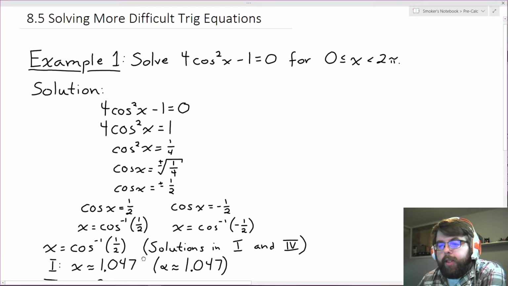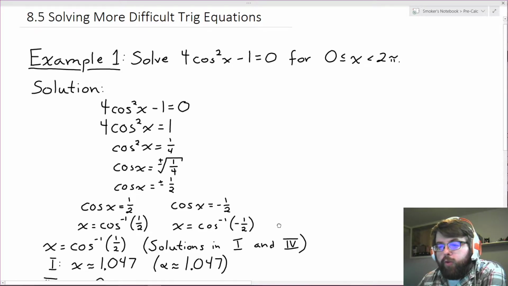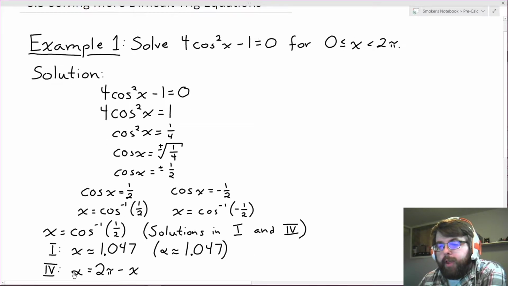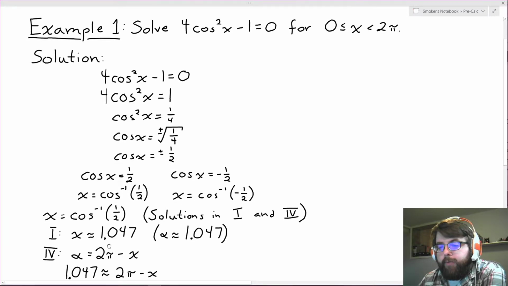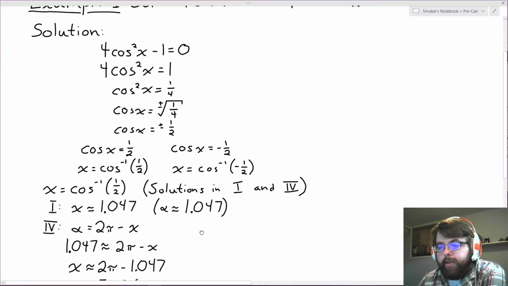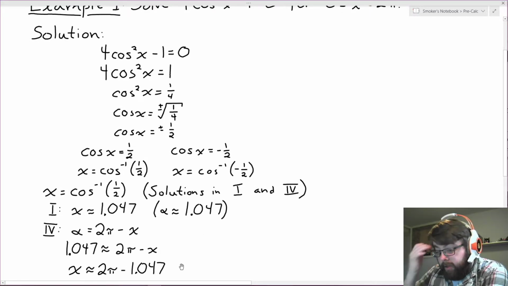1.047. And that's my first quadrant solution. That is also my reference angle, because first quadrant solutions are reference angles. Okay? Fourth quadrant. The fourth quadrant reference angle formula is alpha is equal to 2 pi minus x. I'm taking my reference angle value, plugging it in for alpha, and solving this for x. Okay, 2 pi minus